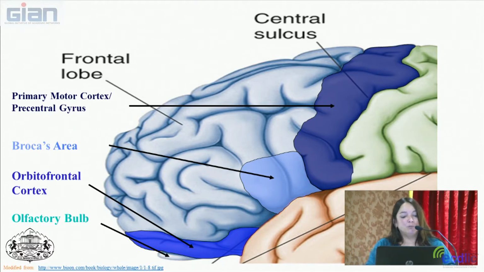And one thing about the sense of smell is that we'll learn a little bit more that all the other senses go through the thalamus. The olfactory bulb does not. It's directly above the nose, and it's also involved, which we'll see in a little bit, in the limbic system of the brain, which is why it's thought that when you have a certain smell and it brings back memories, it's because this olfactory system is so closely interrelated to the emotional center of the brain.